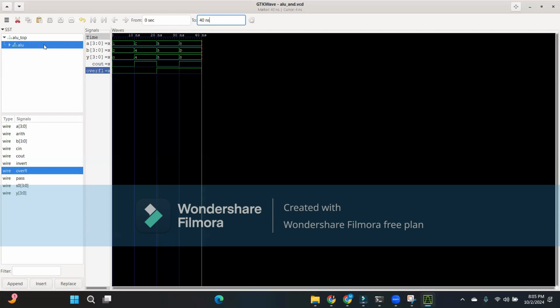Here are all the timing diagrams for the ALU circuit. I can't walk through all of them since it would take up too much time,